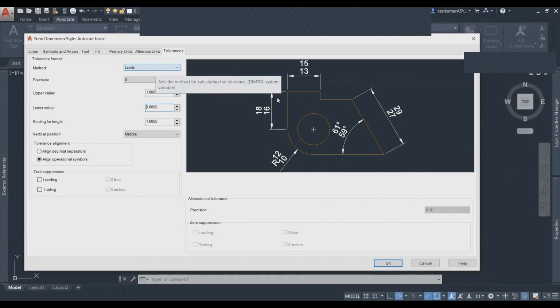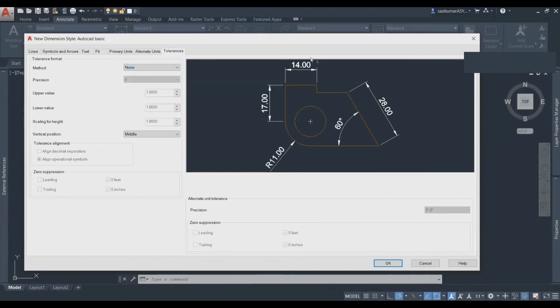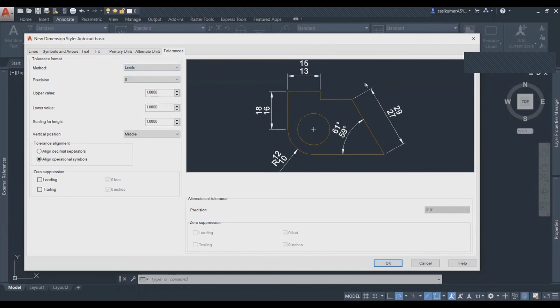If there is no tolerance, you have to maintain it. For example, if I turn it to none, my actual value is 14. You have to draw the 14 mm exactly. If it is more than 14, your drawing is wrong. If they give us the tolerance, 1 mm plus and 1 mm minus, then it's eligible for a 13 mm line and a 15 mm line, or between the 13 to 15 mm line. This is tolerance. Most construction sites do not use tolerance, but somewhere it is acceptable.